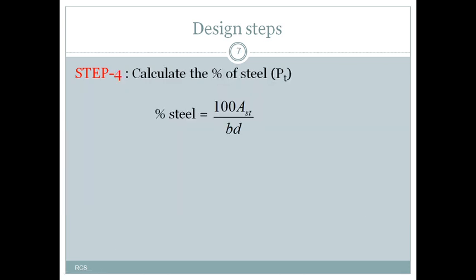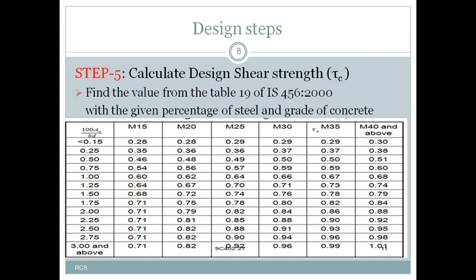Next, step number 4 is calculation of percentage of steel. It gives what we have already designed, that is the dimension of the beam and the amount of steel reinforcement required for that particular beam according to the limit state of collapse in flexure. So the reinforcement required is AST, and we have the width of the beam and effective depth of the beam. By using this formula, percentage of steel is equal to 100 AST by BD, we will get the percentage of steel provided in that particular singly reinforced rectangular beam. Right,